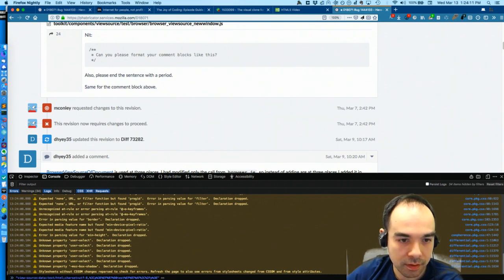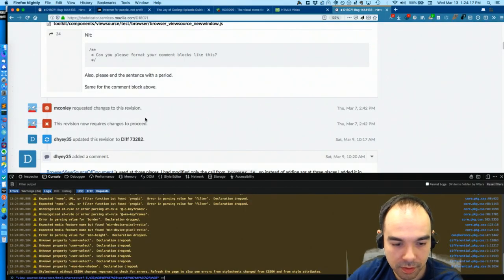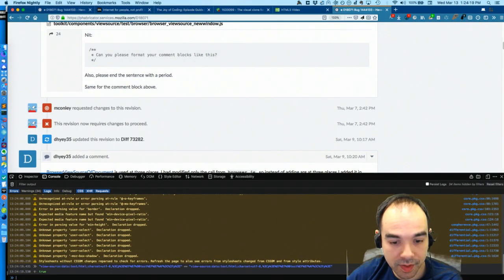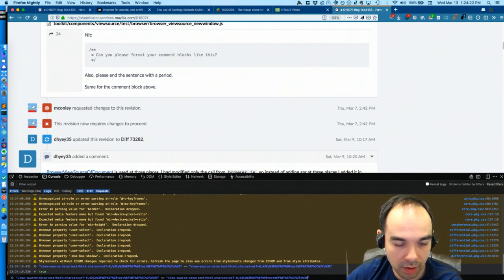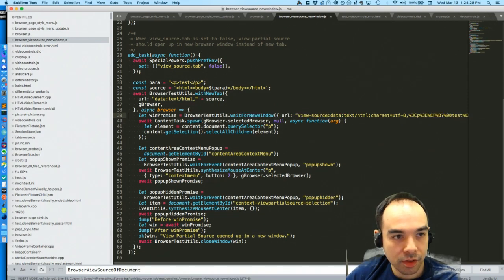equals. I guess I don't need the triple equals. True, they are the same. Because if it was one character off, it'd be false. So it's the same. So maybe what I need to do is check to see what browser test utils has